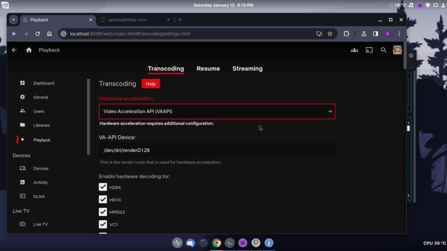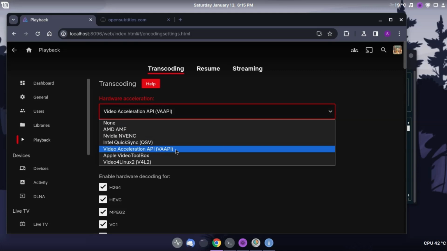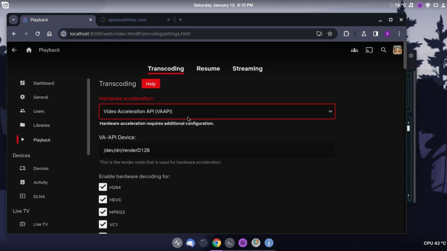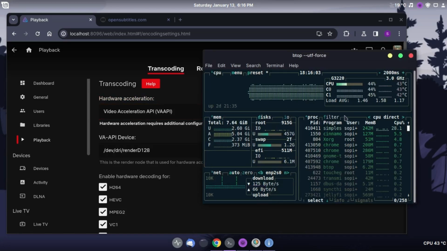It's because it is an older model, I have to select this VA API video acceleration. So this actually works, and using this I can very easily use the GPU to do the transcoding if I have to. Otherwise it doesn't stress the CPU at all, even if files are being streamed